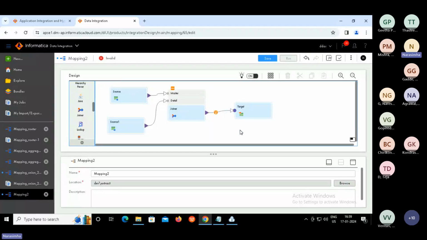Map to target. This is how we need to organize it first.